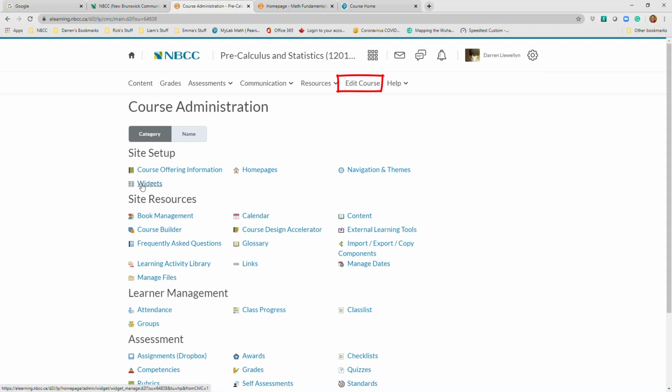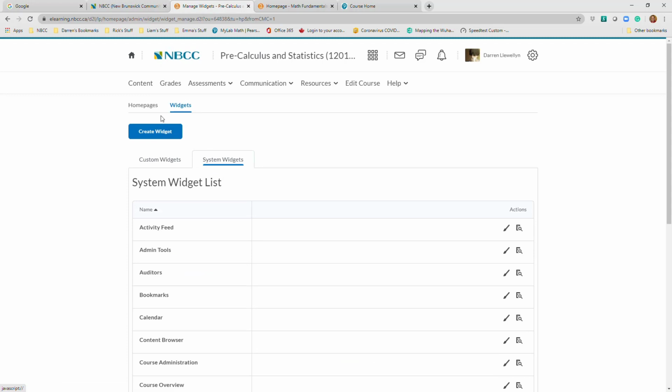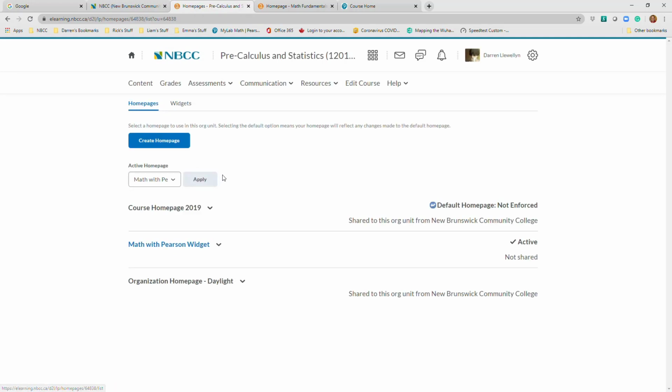And you'll notice by default, your home page, so that's the first tab, is part of the template that the college makes when your Brightspace course was built. So they're using some preset settings for that. That's great. Most of us change the graphic, but if we go and make a new home page,